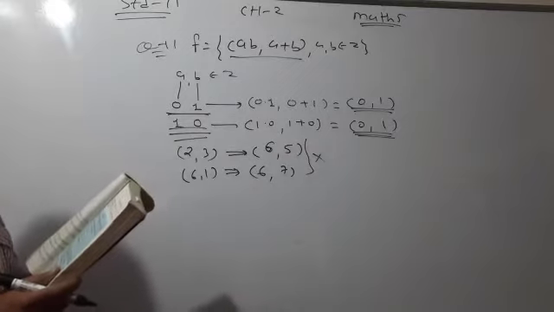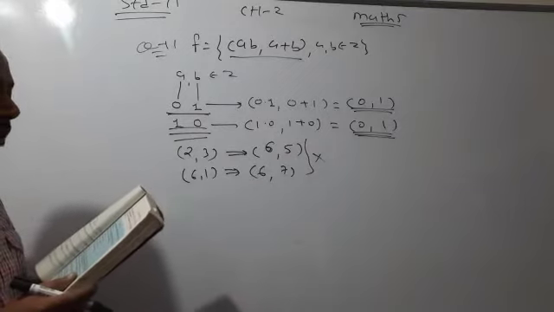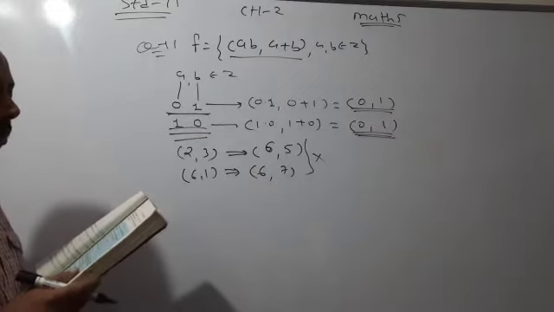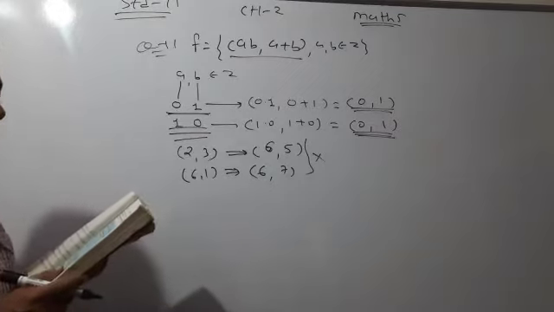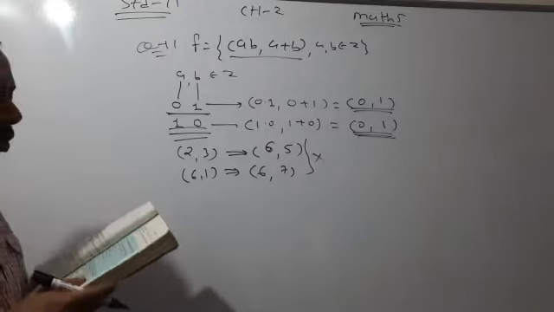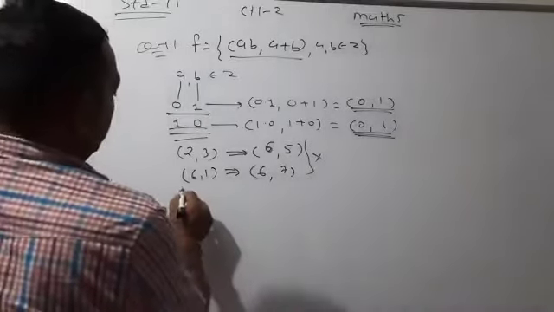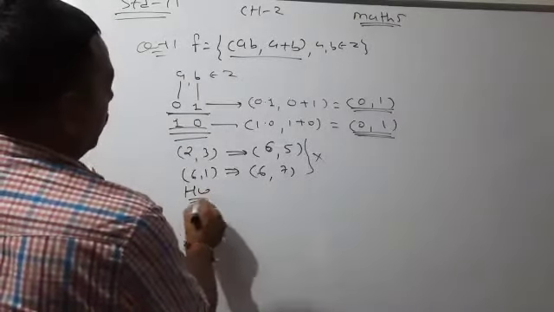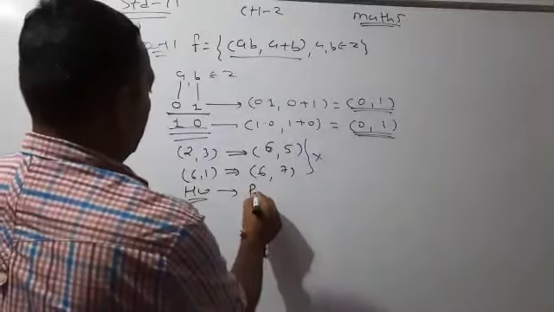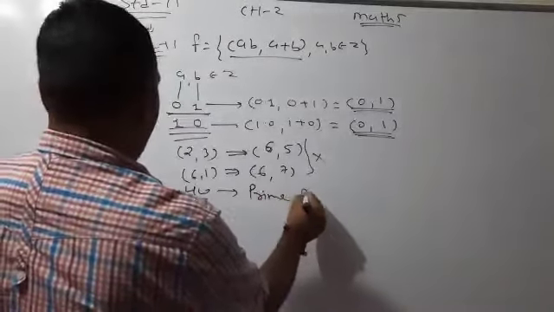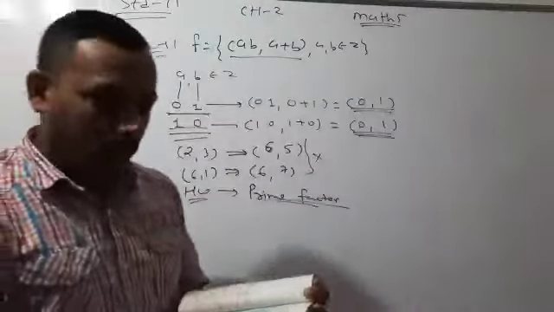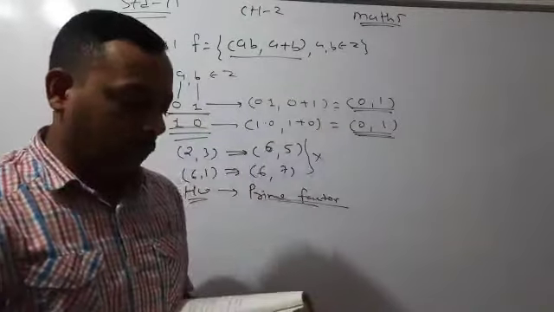Now last question, let A be equal to 9, 10, 11, 12 and 13, and let function f from A to N be defined as f of n is equal to the highest prime factor of n. Find the range of f. I will give you the last question as a homework. When you are able to solve this question, you know the answer of prime factor. If you know the prime factor, then only you are able to answer question number 12.